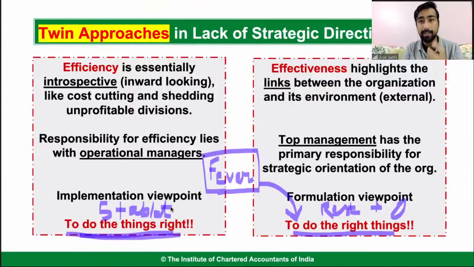To do the right thing is to take rest and a tablet. To do the things right is to take only one tablet in the morning and in the night. I cannot take 5 tablets in a single sitting, right? I'm not doing the things right. Even if I'm doing the right thing, I'm not doing it right, right? It will create more problems, right? आज ही ठीक होना है, आधे घंटे में ठीक होना है मुझे, 5 दवाइयां खा लीं, right?